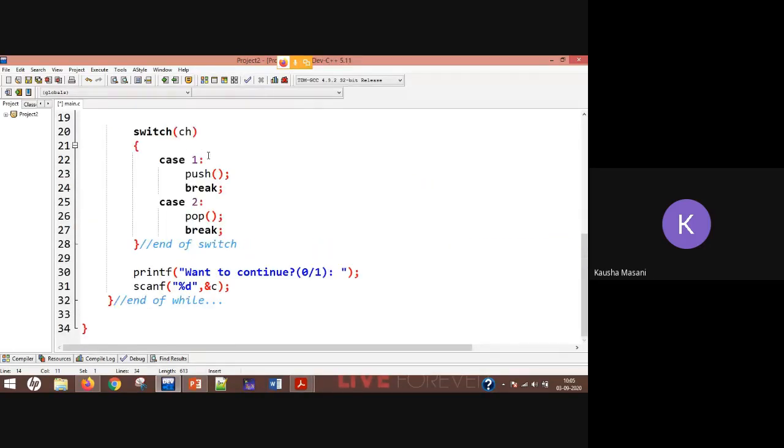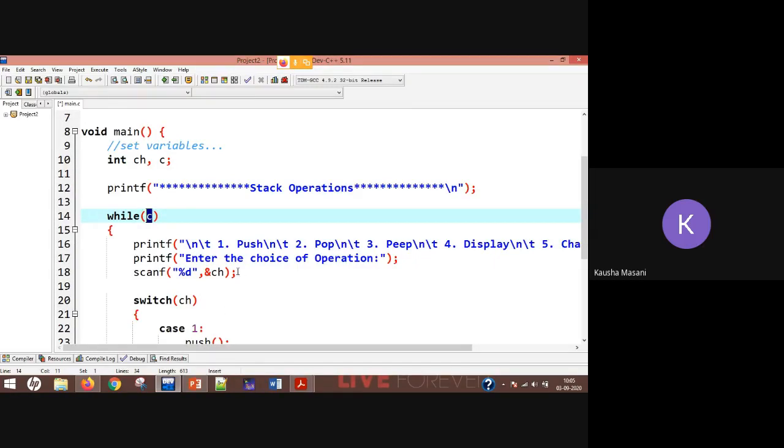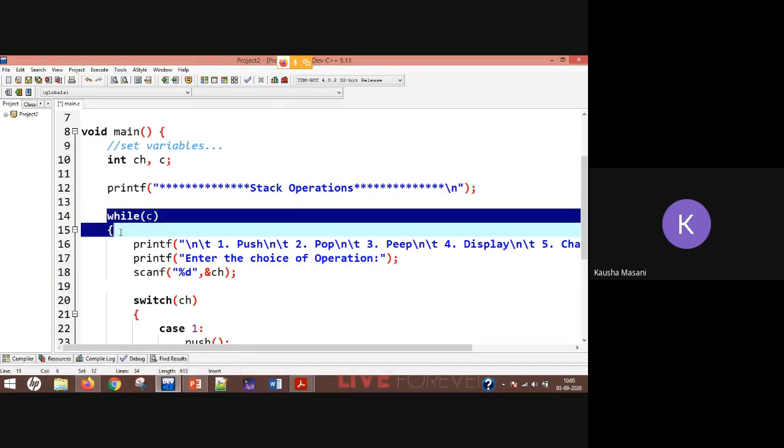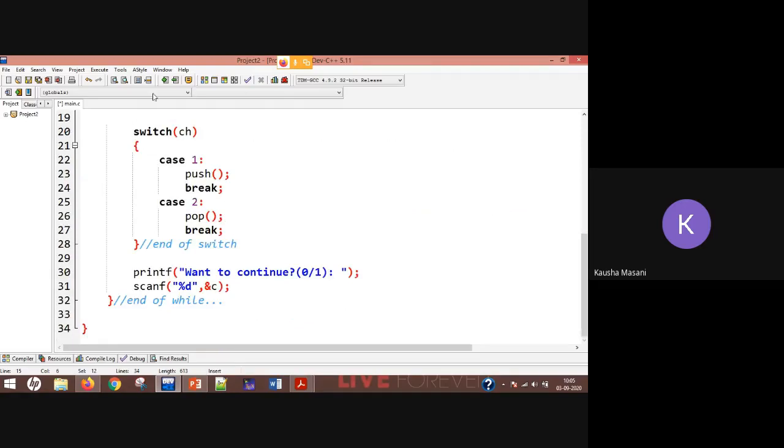So you are going to run this switch case as many times as the user wants. If you don't write this while loop, this program is going to run only once. Afterwards, if you want to go for any pop operation or another operation, it is not going to work.